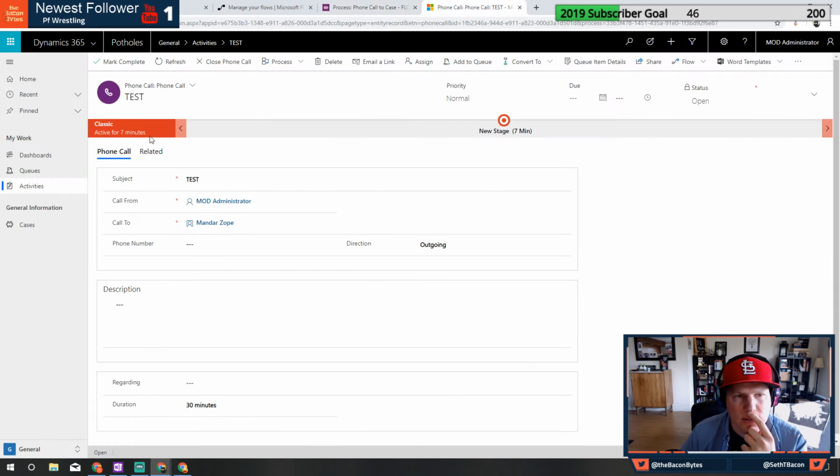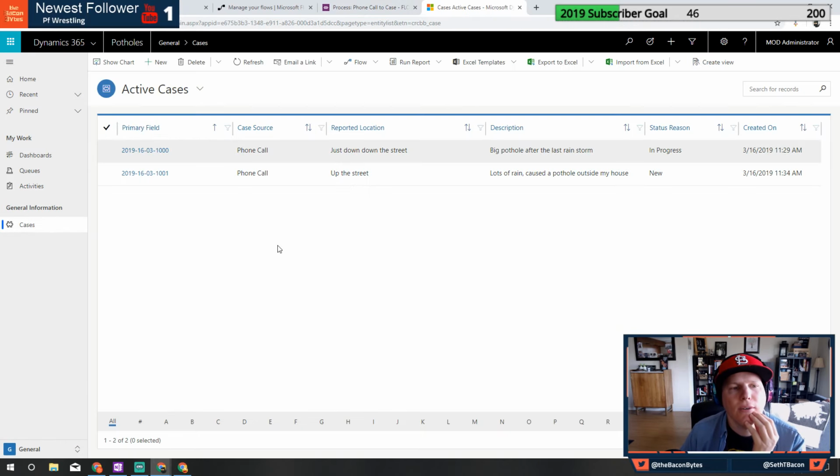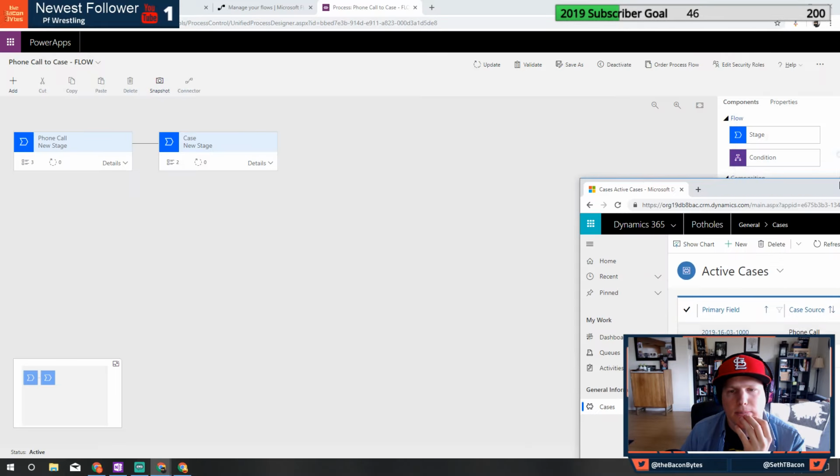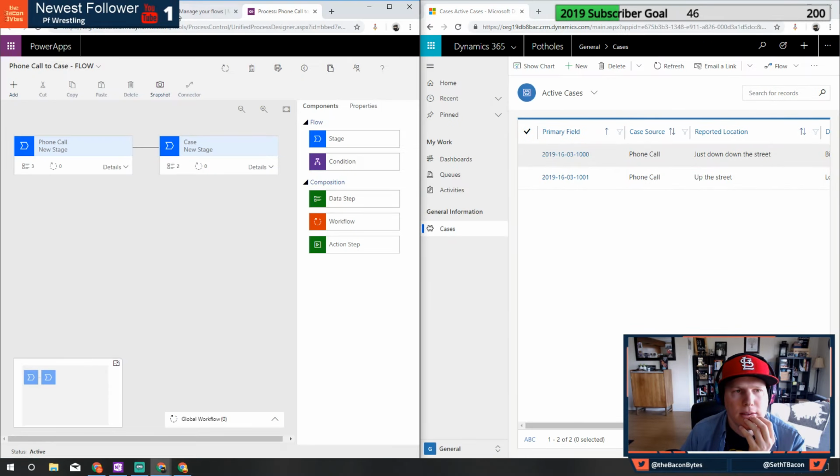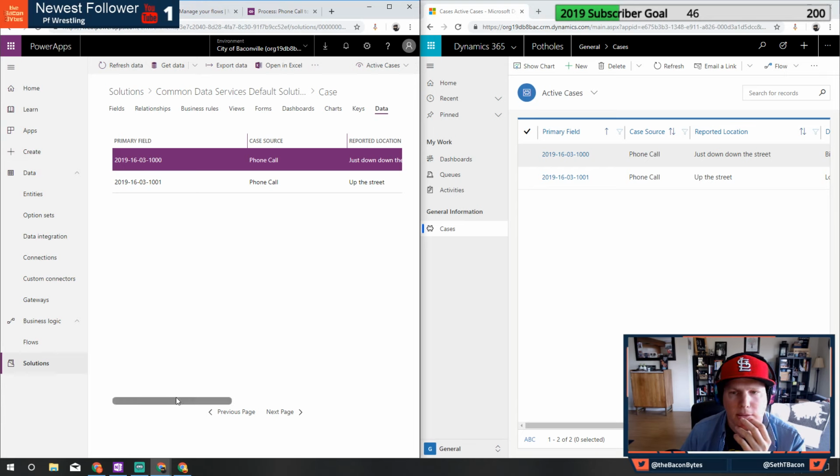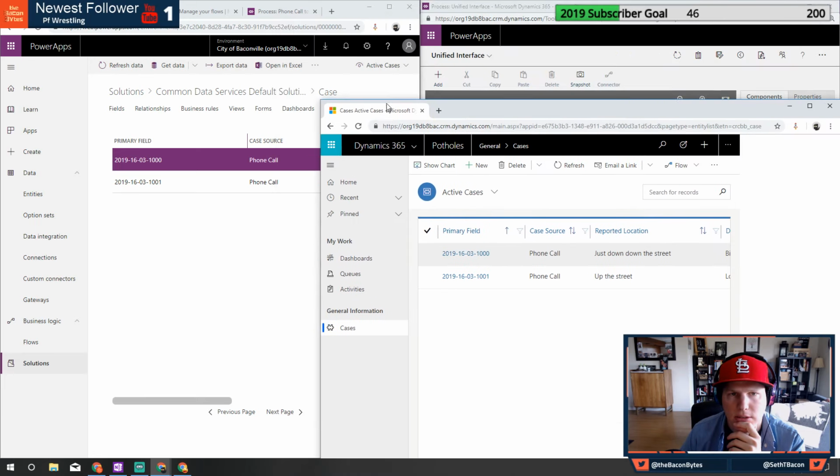Which view is this? That was not there earlier. Is that the same thing? Primary field, case source, reported location, description, status reason. Yeah, that looks like our active cases view. Okay, that's kind of cool.